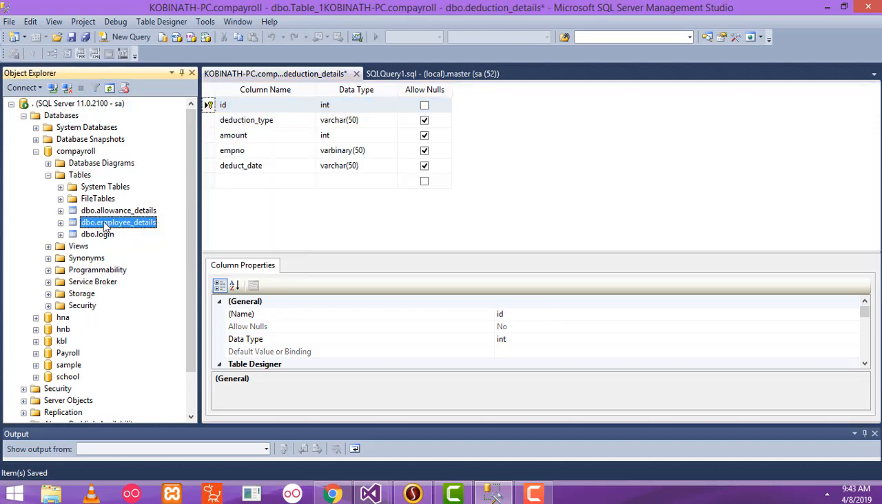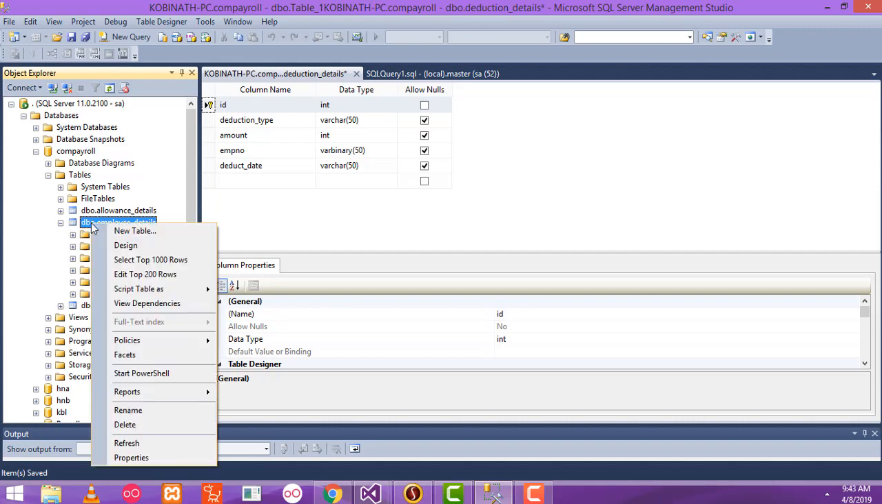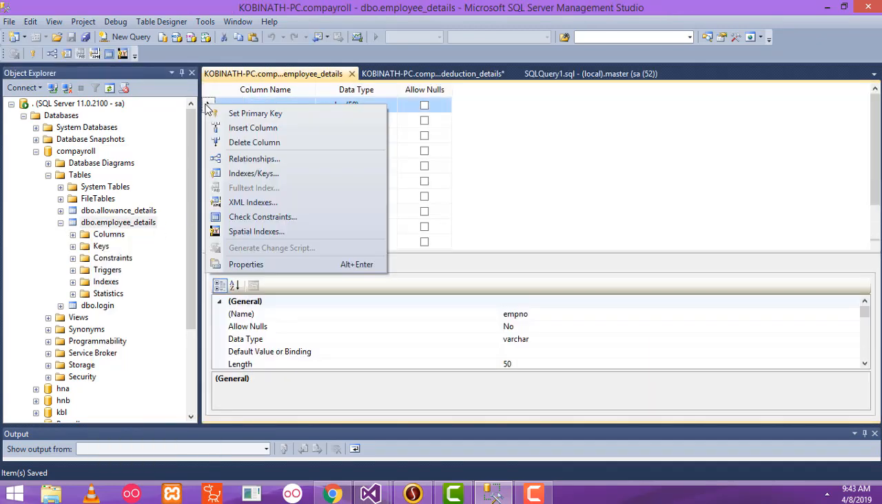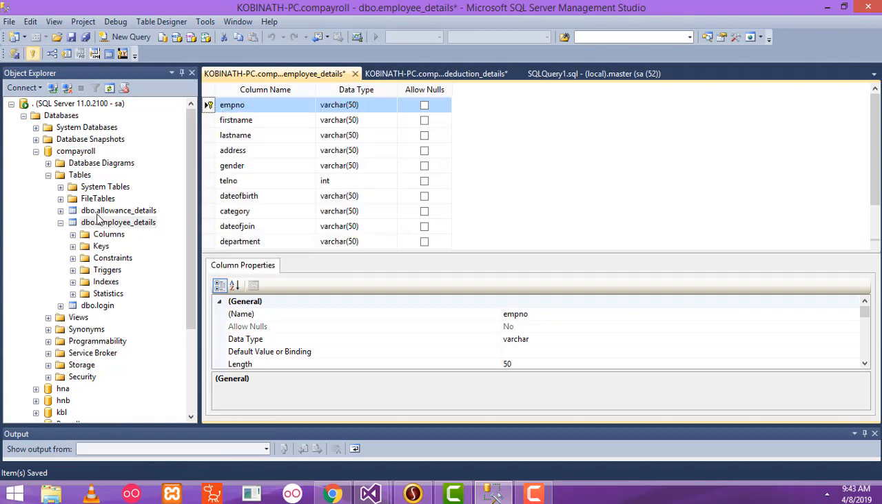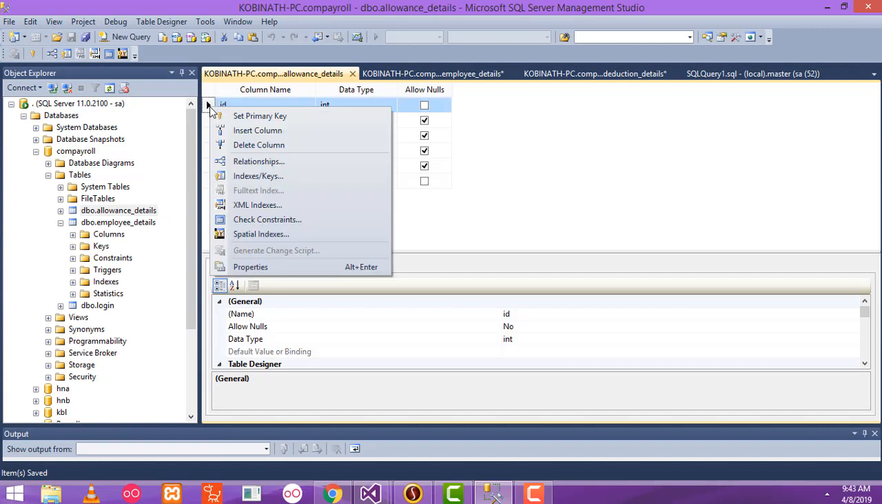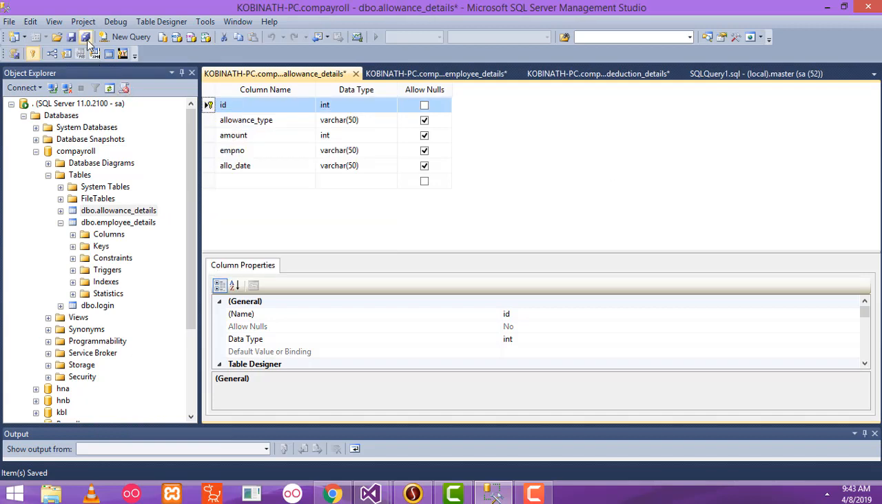I haven't set the primary key in the other tables, all the tables. Here you have to select the table, design. This one also we haven't set the primary key. We have to go to the design view and set the primary key. Right, now we have to save all. I forgot to set the primary key. Right, now let's